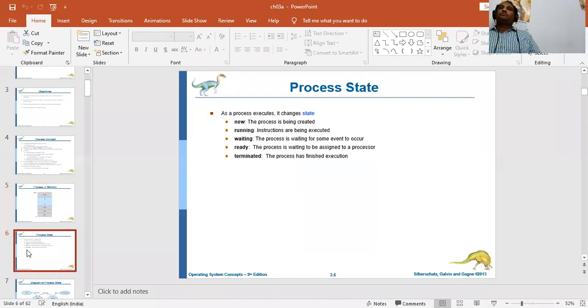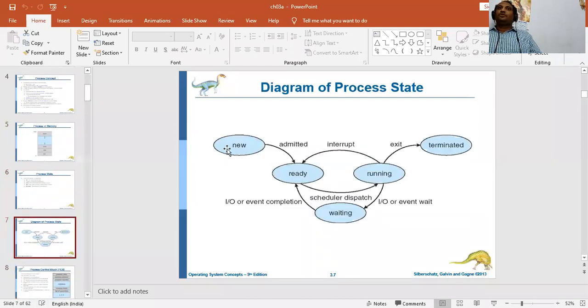Then when we come to the process state, here we have something like a life cycle. There we have new, ready, running, waiting, and terminated. These are the 5 different states that we have in a process. Whenever any instruction comes in, it goes to the ready state. From the ready state, it goes to the running state.